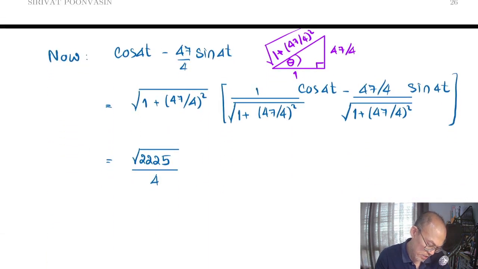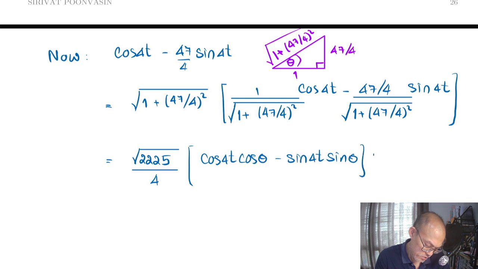And the inside parentheses would be cosine of 4t cosine of theta minus sine of 4t sine of theta. So that is root of 2225 over 4